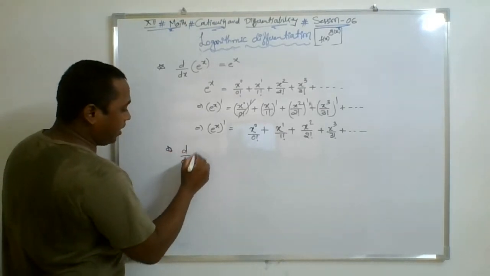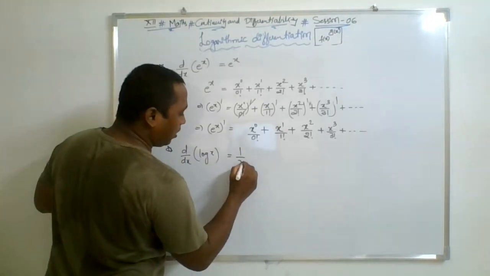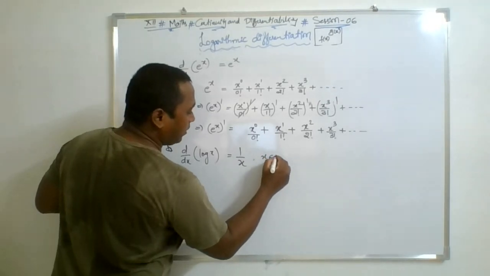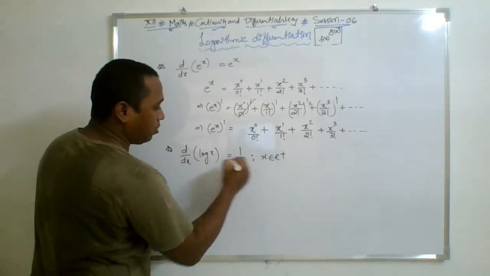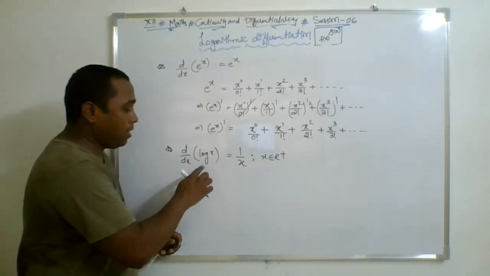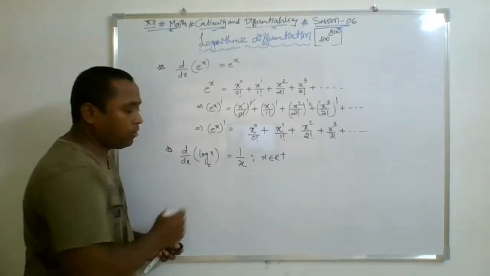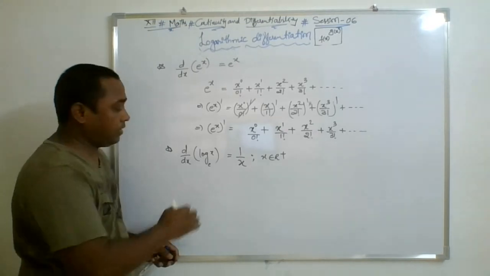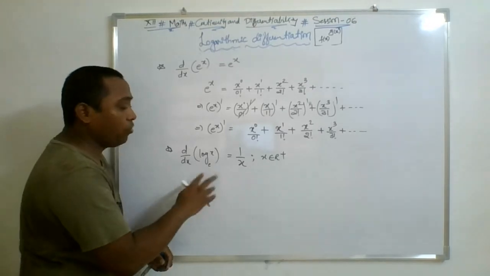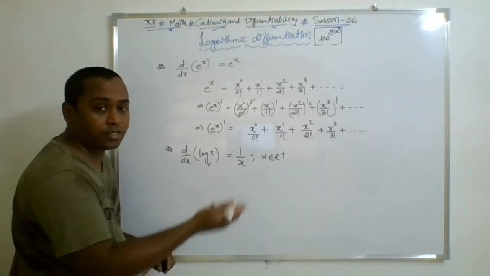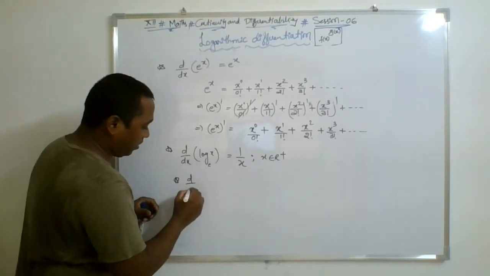The derivative d by dx of the log x function is 1 upon x, where x belongs to positive real numbers. Again, I am stating the condition of the log function where it is defined. But when we speak of the derivative of log functions, we assume that the base is e. So what if the base is not the Euler number? Then you need to apply the log properties first and then go for the derivative. Let us take an example: the derivative of